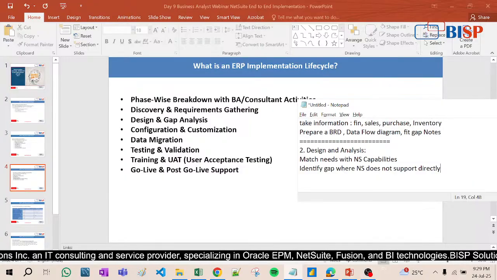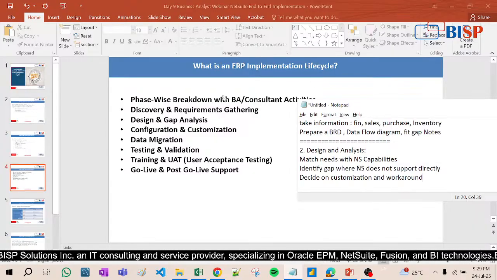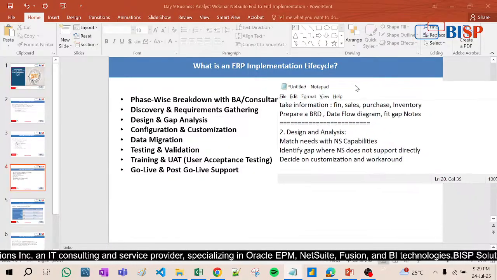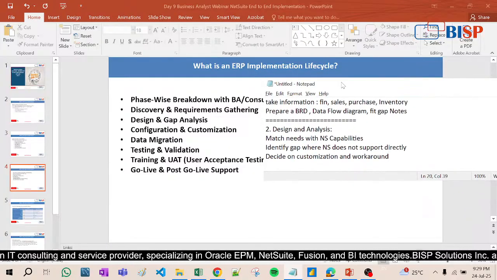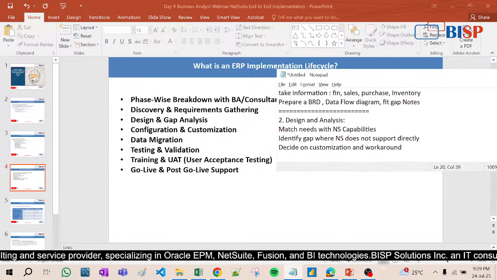For example, if they want any customized report, you have to prepare a saved search. Directly NetSuite will not give you everything according to your requirement. That is called identifying the gaps, where the gap is. Then decide on customization and workarounds. I am talking about this point. So the business analyst has to decide about this. After that,